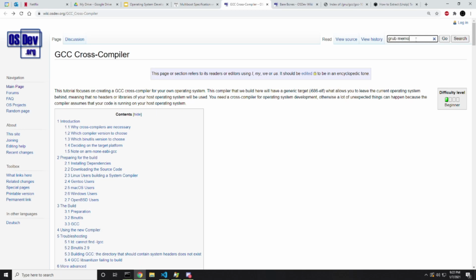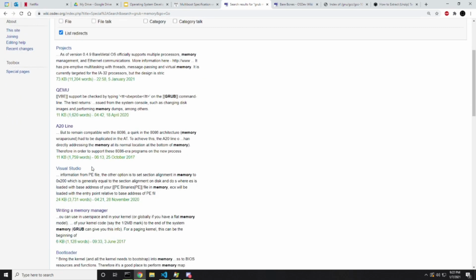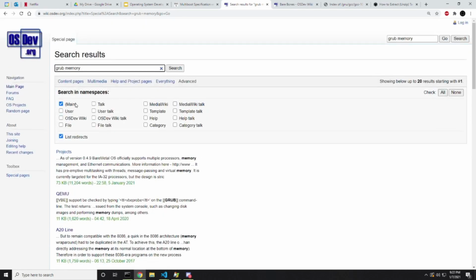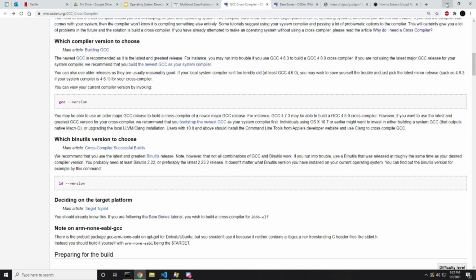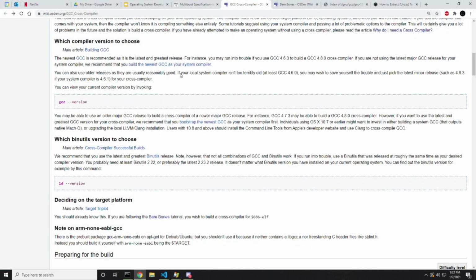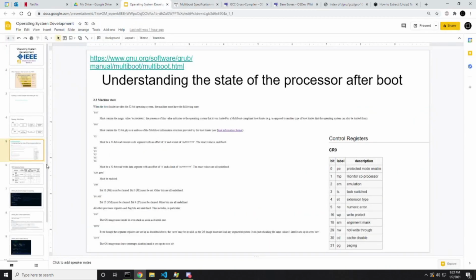Grub memory. Let's see if we get anything here. I want to figure out, what was it called? I know it was a thing. I'll figure it out later. I'll remember in due time. It's not important. But essentially, the way that grub gets this is, when your computer boots up, you're starting